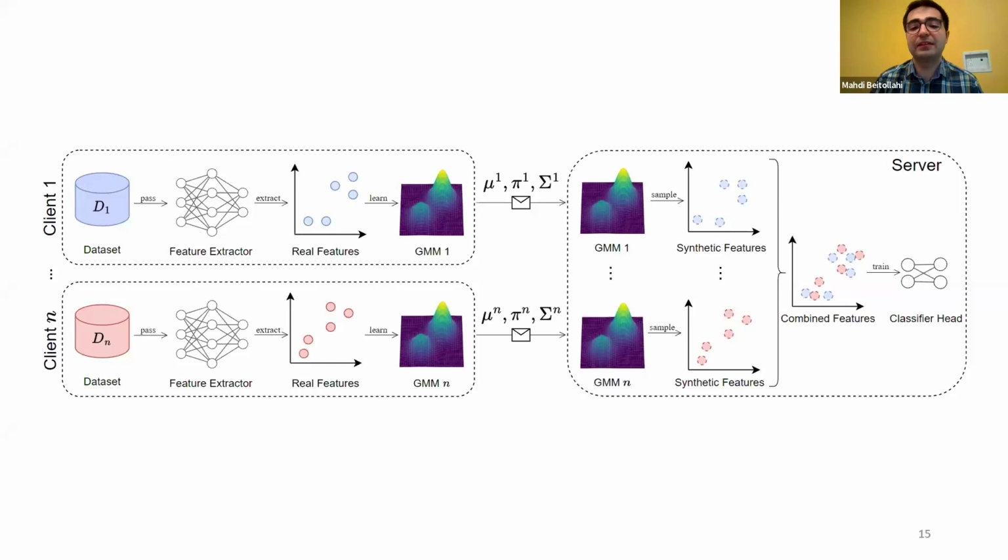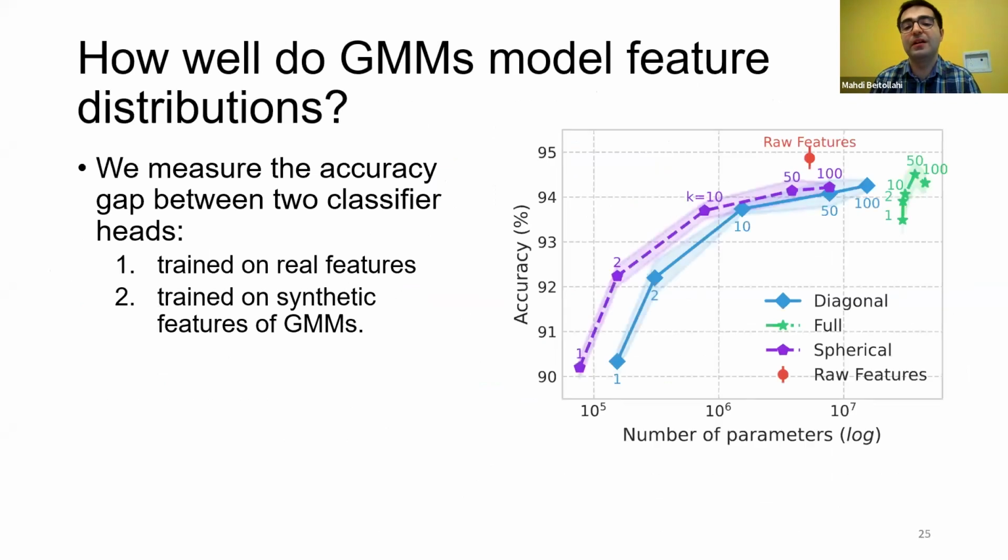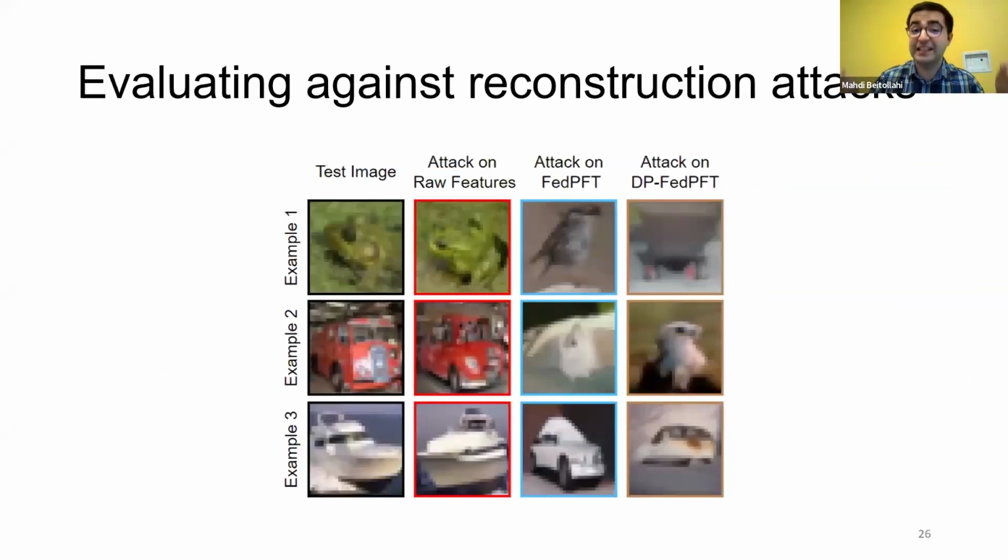That is another absolutely fantastic question. The thing is that FedPFT, like any federated learning method, does not have a formal privacy guarantee by itself. That's why we went to DP FedPFT to have a formal privacy guarantee. But as you saw in the end, it was surprising to us as well that it was private for this specific reconstruction attack. We have to be very specific in terms of privacy: nothing is private until you can prove privacy against attacks, because there may be another attack that FedPFT is not private against, right?